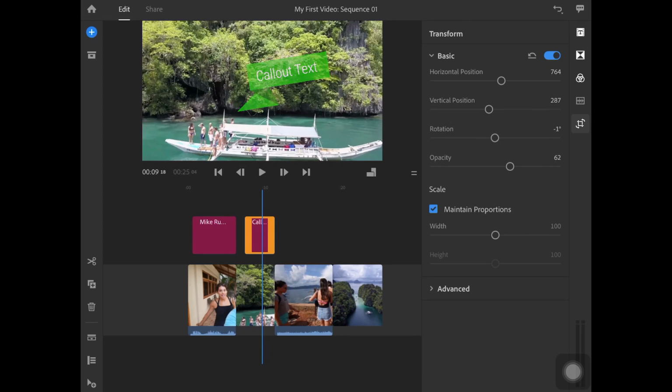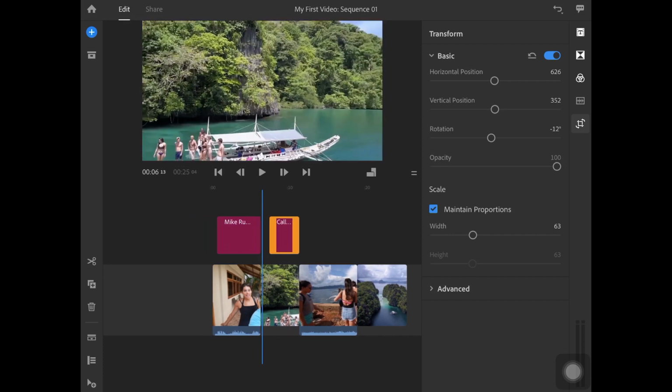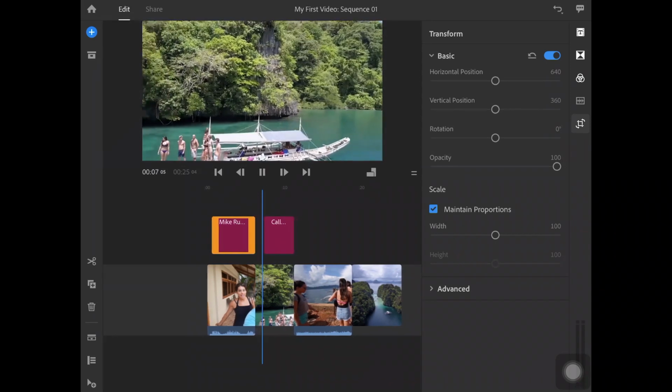Okay, and even the opacity. I can even manage the scale. I think that looks good. Rotation, okay, this looks good. Vertical position, okay, so maybe it looks like this is what this guy is thinking. All right, so that's kind of interesting. Let's see how does it play out.